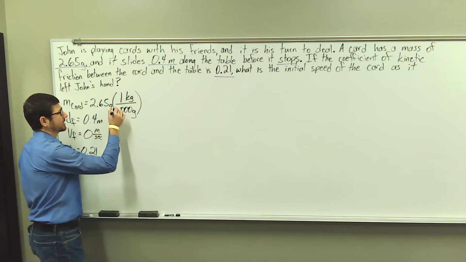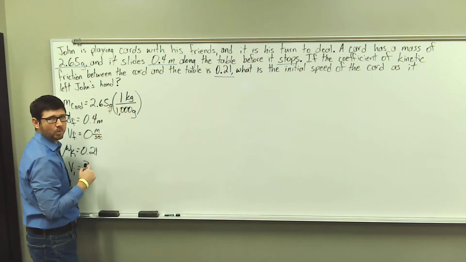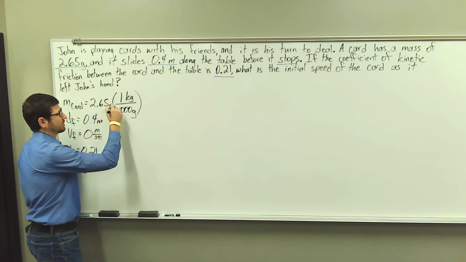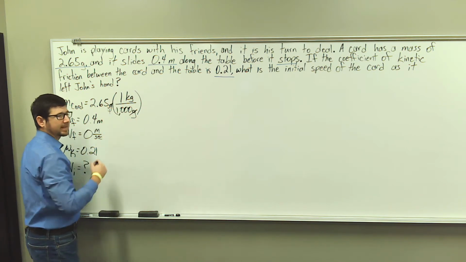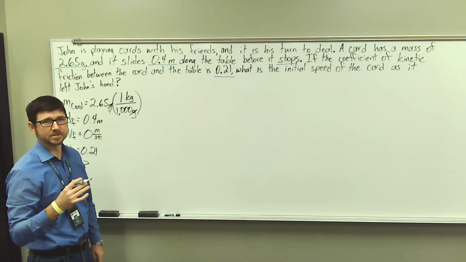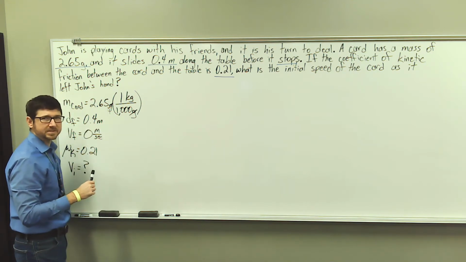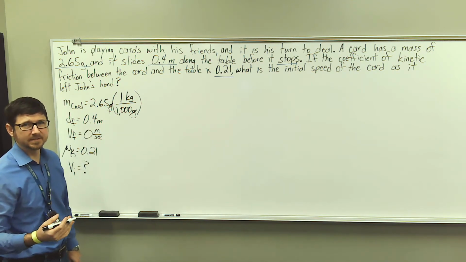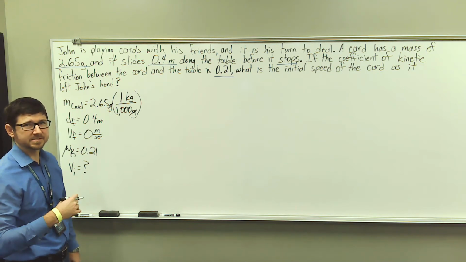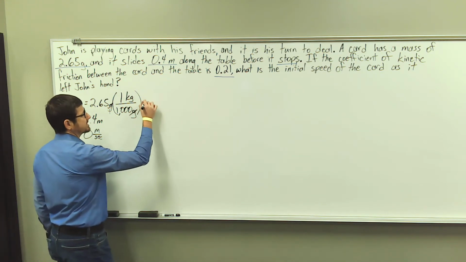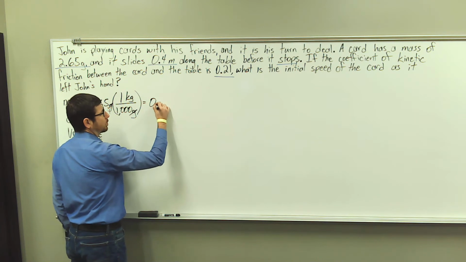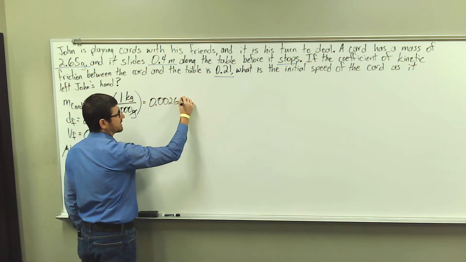So right here, this can be grams over 1 algebraically. So I have a gram in my numerator and a gram in my denominator, so those will cancel. So when I divide 2.65 by 1,000, we're going to move the decimal place 3 places to the left, and this is going to give me 0.00265